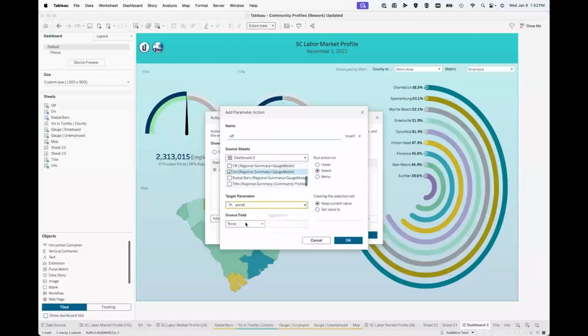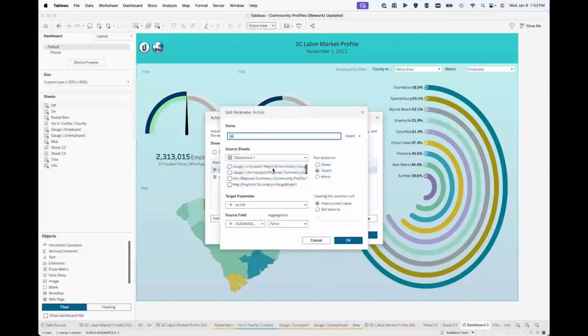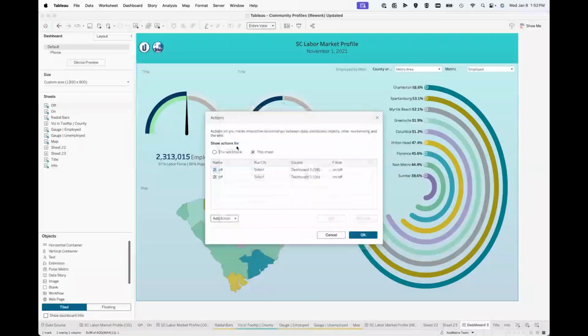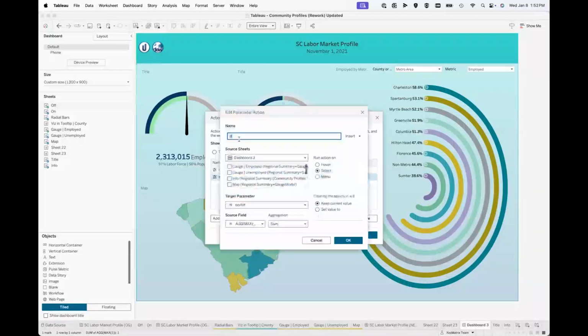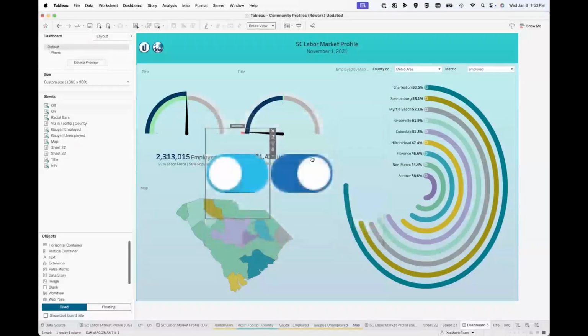And I may have done that backwards, so I'm going to go check. Yeah, this is the off one. That's okay, because you can edit. And then on. Okay, we don't want any aggregation. So we're good. Now we need to apply